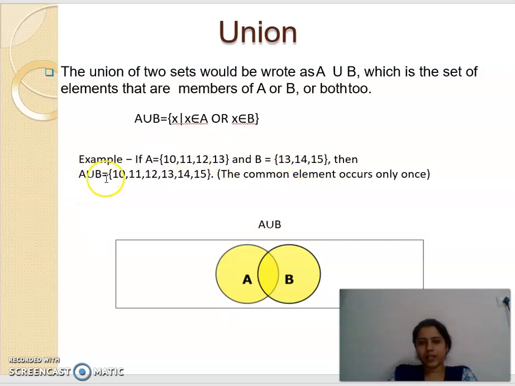Then A union B is equal to, take all the elements of A and all the elements of B, then we get the set. Here 13 is common in both sets A and B. No need to take it 2 times. Take only a single time, then you will get A union B.